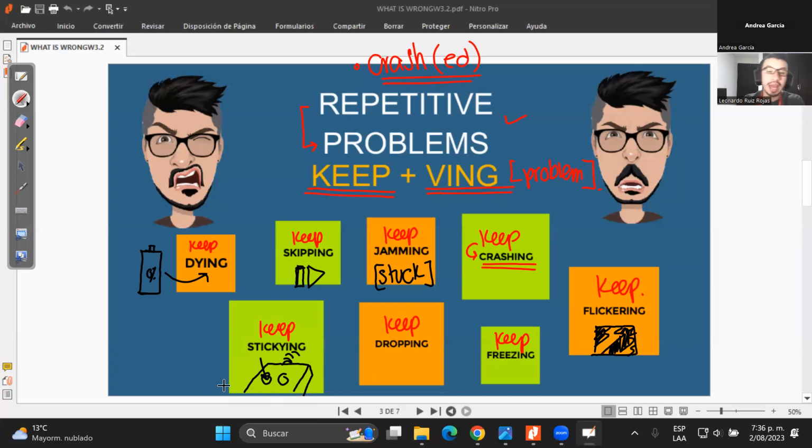Ready? And keeps dropping, which is more related to the signal of objects, signal of cable, TV, movies, or signal of the Wi-Fi, right? For example, when you have Claro, here in Bogota, and the network is overcrowded, the Wi-Fi keeps dropping, no? O sea, vive cayéndose. It comes back, and 10 minutes later, again, keeps dropping, keeps dropping. And the last one, keeps freezing.